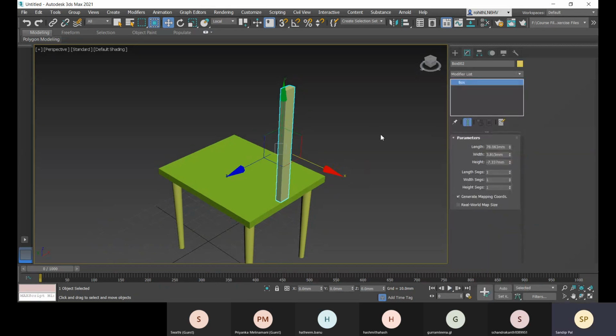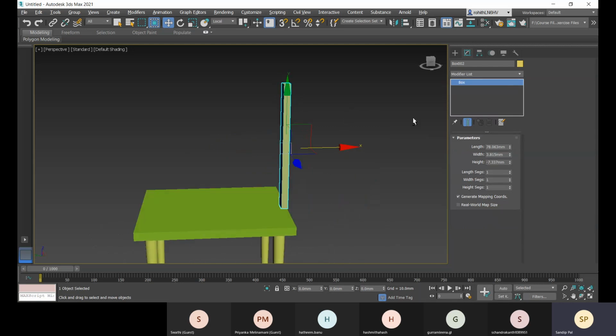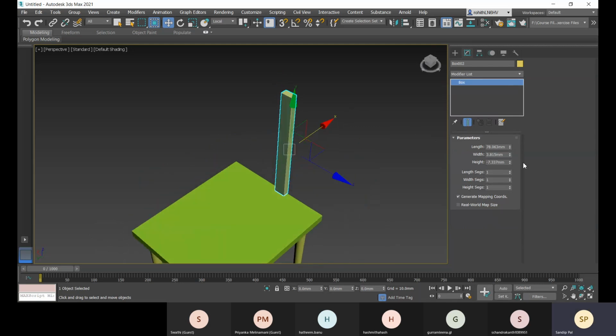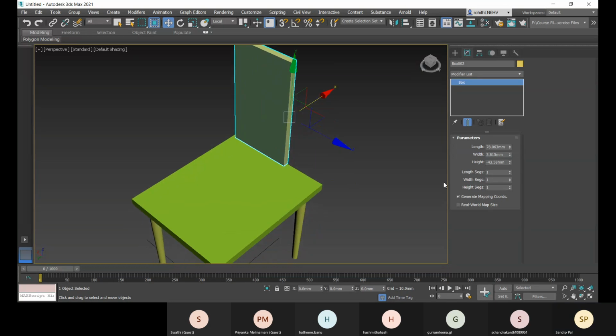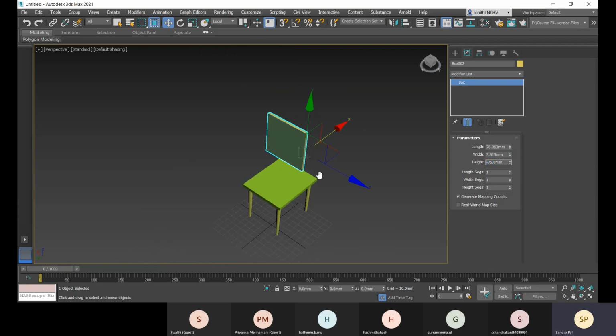Okay, so this one is not properly there, the height is not properly there. So the height value will be minus 25, I guess.